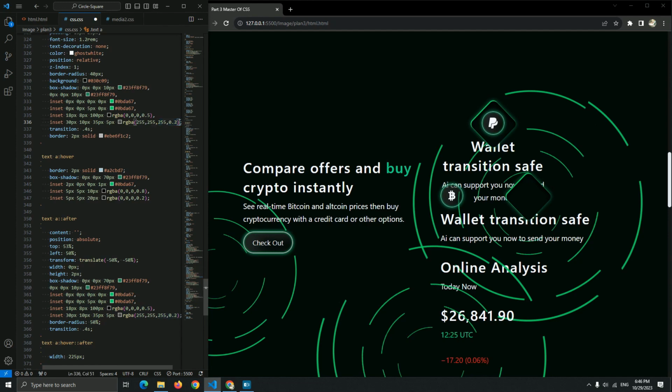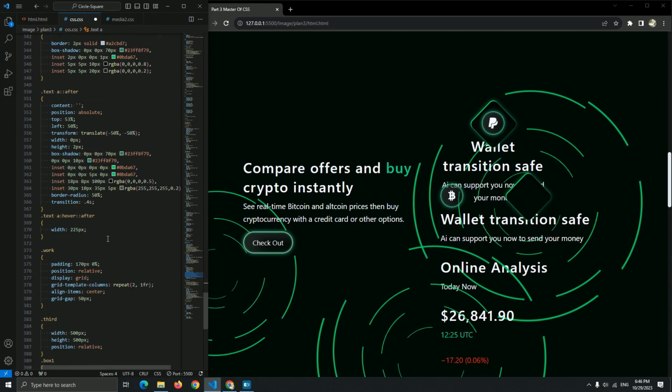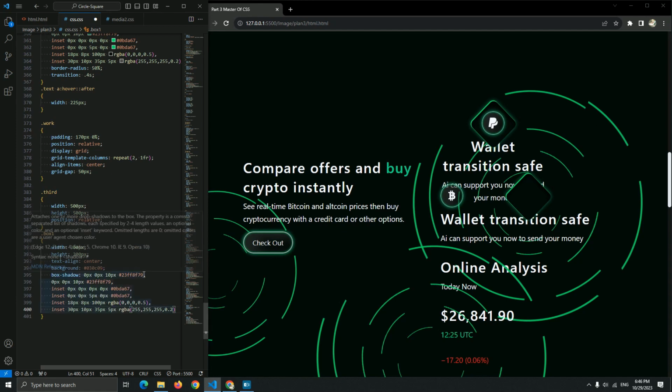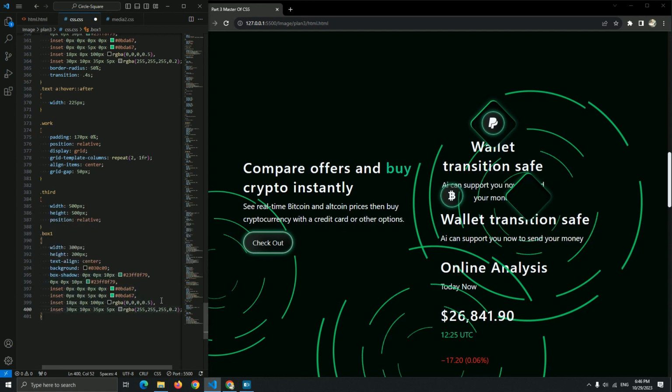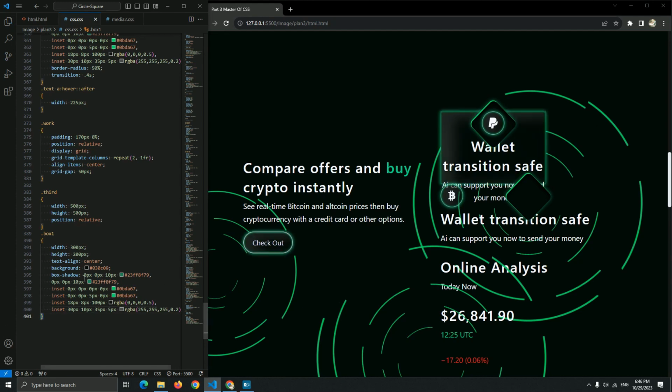Okay, background, oh no, not this, background with the box shadow. Here we go. Let me just copy it and paste it here. Okay, the background, let it be the same. We don't need to change it, and I just add the background to not be transparent. Okay, as you can see right now. And for the box shadow, 0 pixel, 0 pixel, 10 pixel, and we added too much, 1 pixel, 1 pixel, and this is 0 pixel. There we go. Yeah, now it's better.